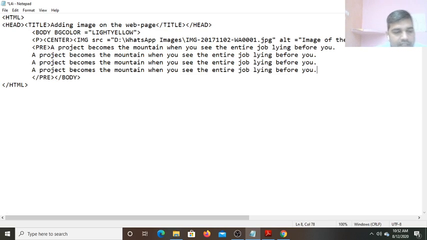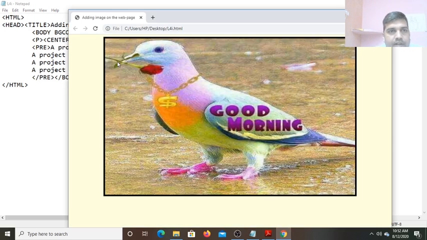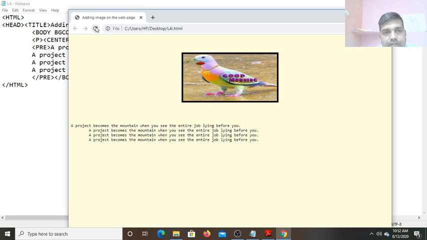Okay, now let me save it and execute it. Then you will see that on the web page. Let me refresh the web page. Now you can see it here like this. Some height and size we have set. So like this we can do it. Some space is left, so that is the space you are seeing here. It is the vertical space. After that only we are able to write. So the space given vertically is 50 pixel.